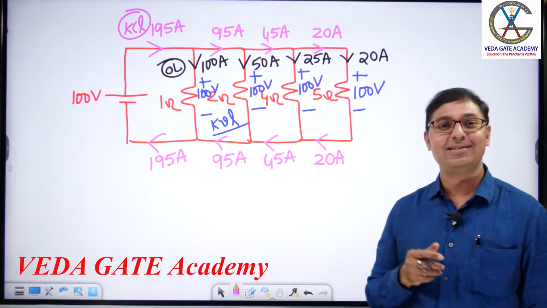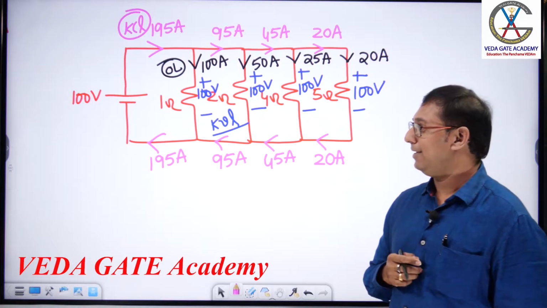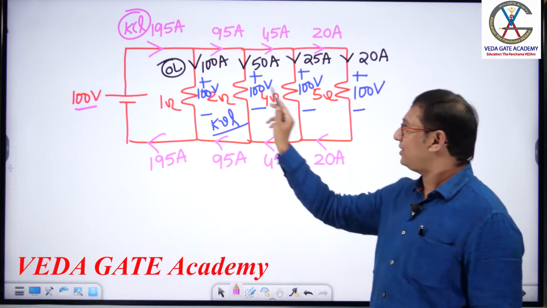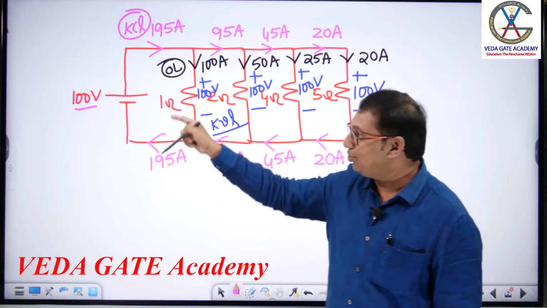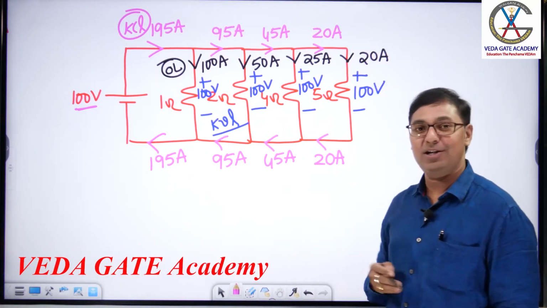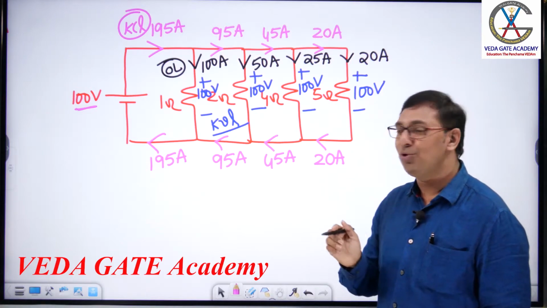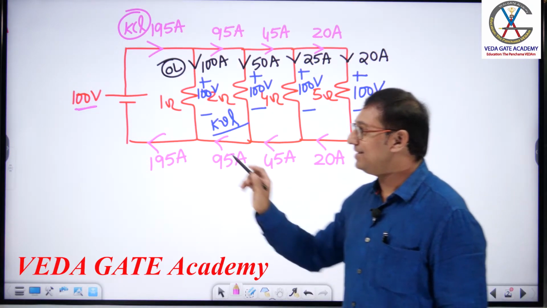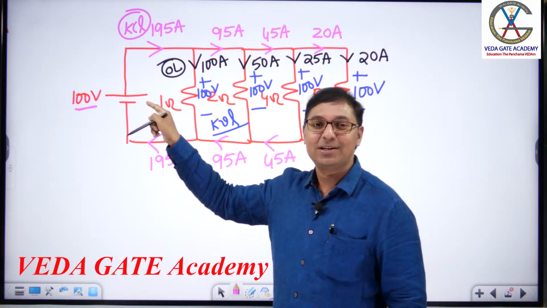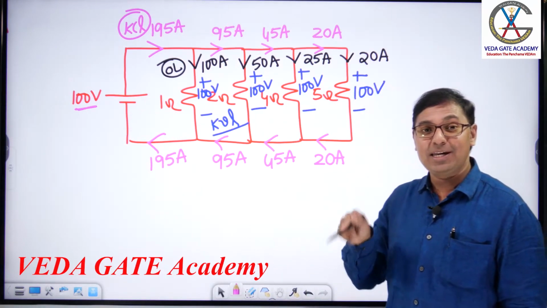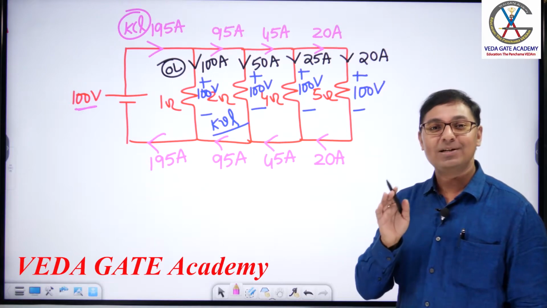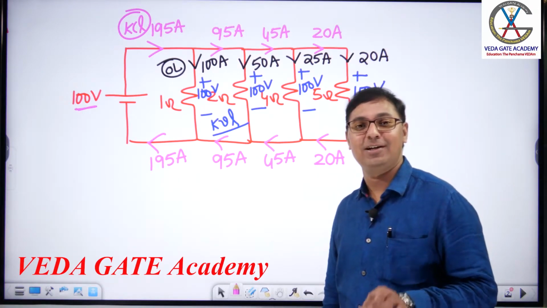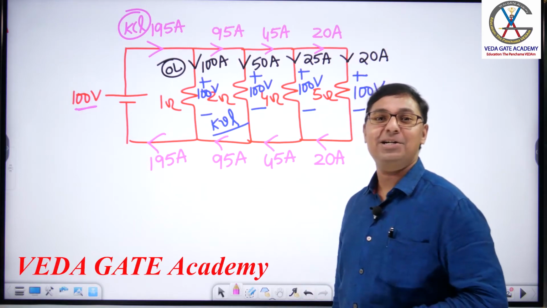In my question itself, the answer is there. Since you know this voltage, you have written these currents. If you don't know that voltage, you can't write them. For which element don't you know the voltage across it? A current source. Since the examiner gave a voltage source here, we have done it like this. If the examiner gives a current source, obviously we have to go with current division. We don't have any other option.